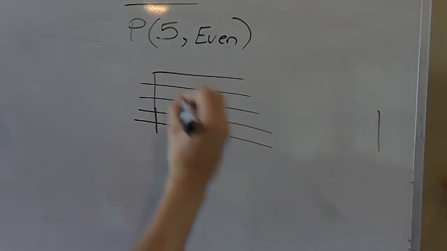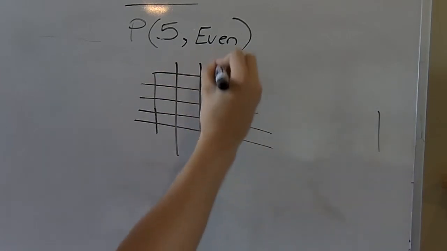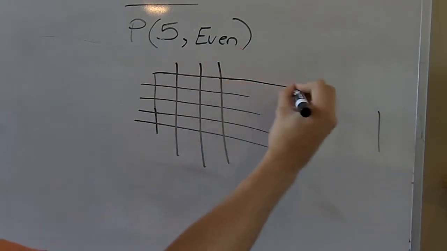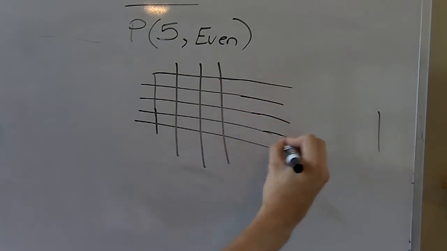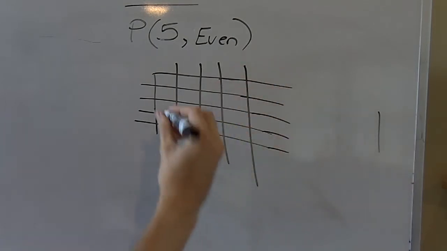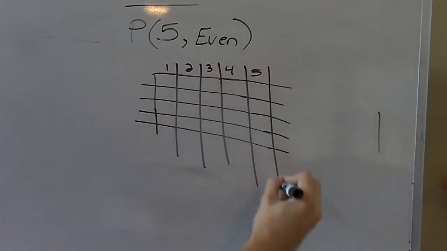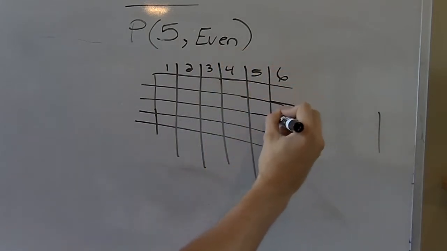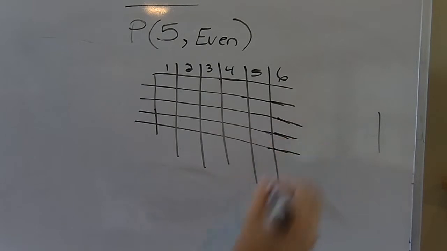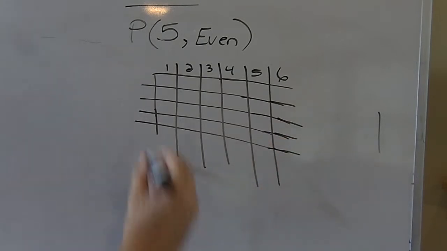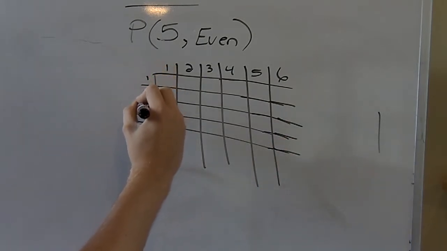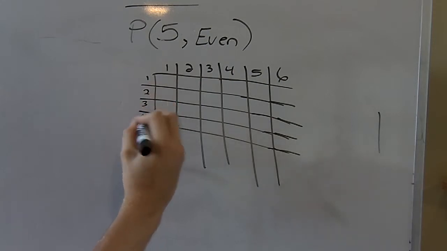I'm going to show you what it looks like. So we have 1, 2, 3, 4, 5, and 6, and we have 1, 2, 3, 4, 5,